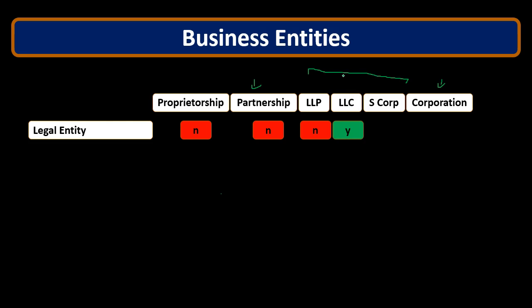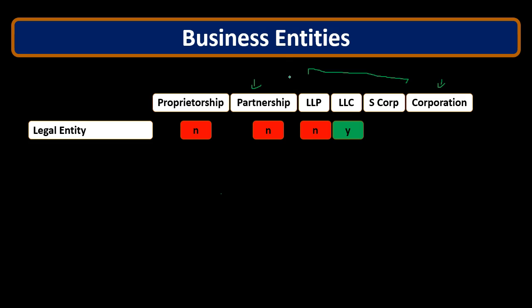Then we have the LLC, and this is going to be a limited liability company. This is an entity that attempts to get the best of both worlds in many cases between the partnership and the corporation, meaning the corporation being a separate legal entity can help to have liability protection for the partners. So it's trying to get more liability protection by being more of a separate legal entity. And that's really the driving factor for liability protection, or one of the key components that would allow for liability protection, but still have some of the characteristics of the partnership.